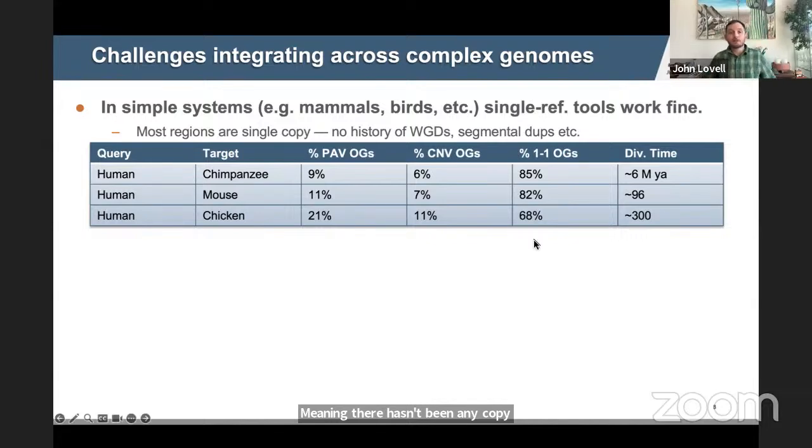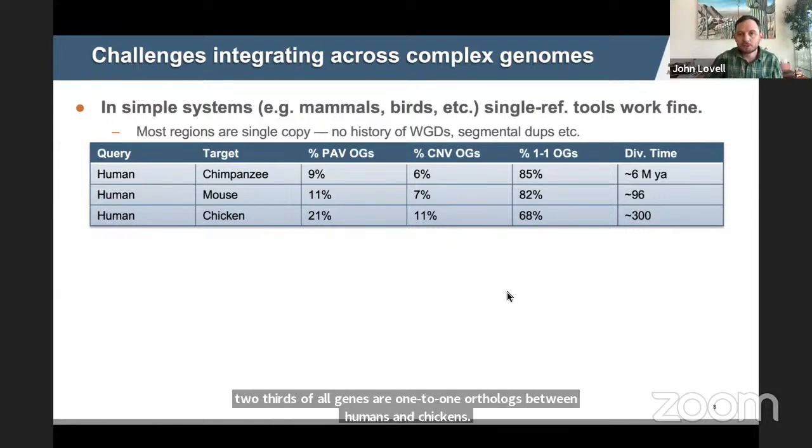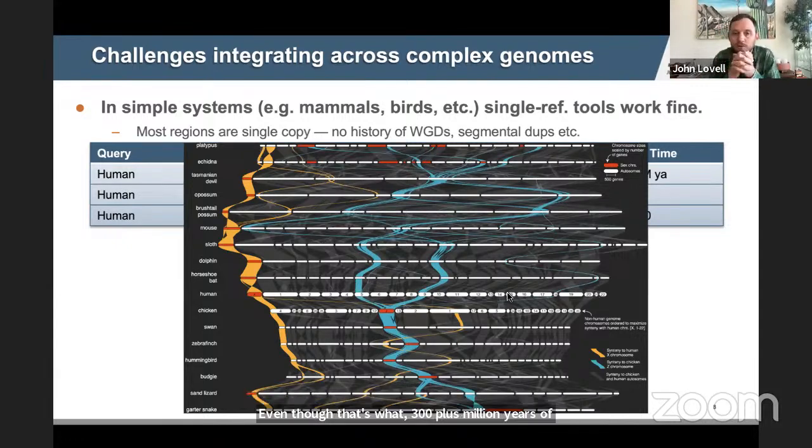And pretty astoundingly, over 2/3 of all genes are one-to-one orthologs between humans and chickens. Even though that's what, 300 plus million years of evolution. So given that we know that everything's basically single copy, you can easily just track regions of interest across these reference genomes using the retained synteny and knowing that you expect one-to-one relationships. So like, for example, here on the X chromosome,